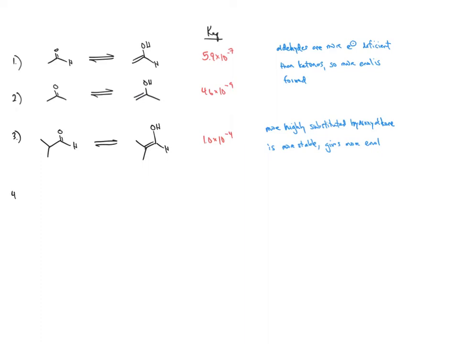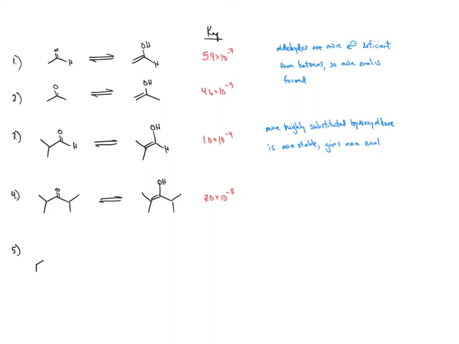We can extend this type of analogy to the ketone, excuse me. All right, so in this case, we've got a KEQ of 3.0 times 10 to the minus 8th. And so if you're comparing number 2 to number 4, in which you have a more highly substituted hydroxyalkene in number 4, you're going to have more enol, roughly 10 times more enol in this case. Another factor that's important here is